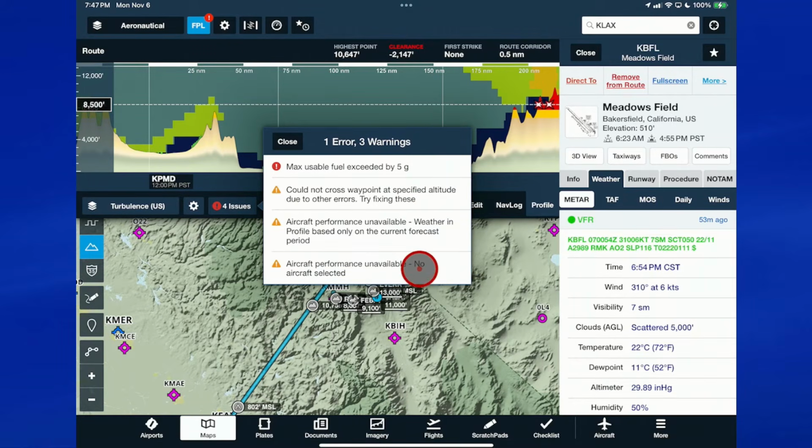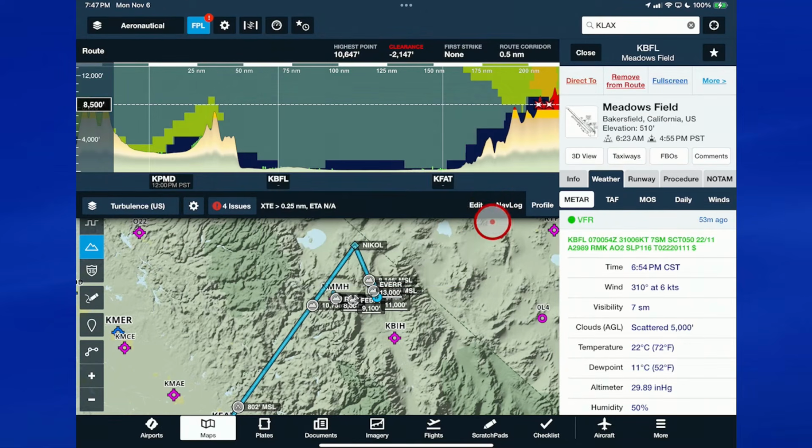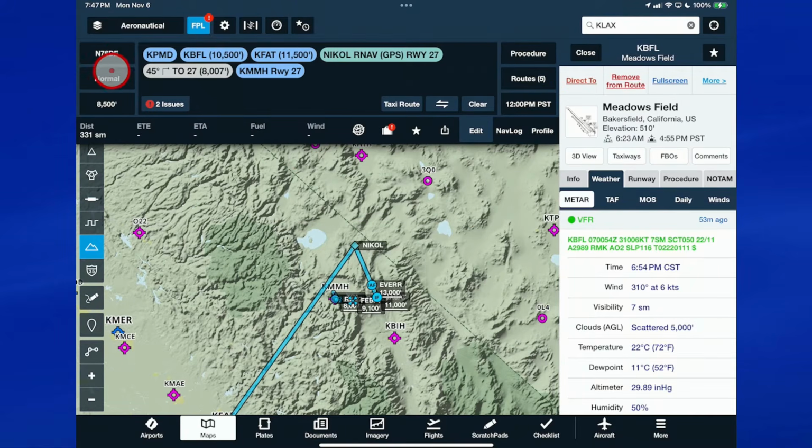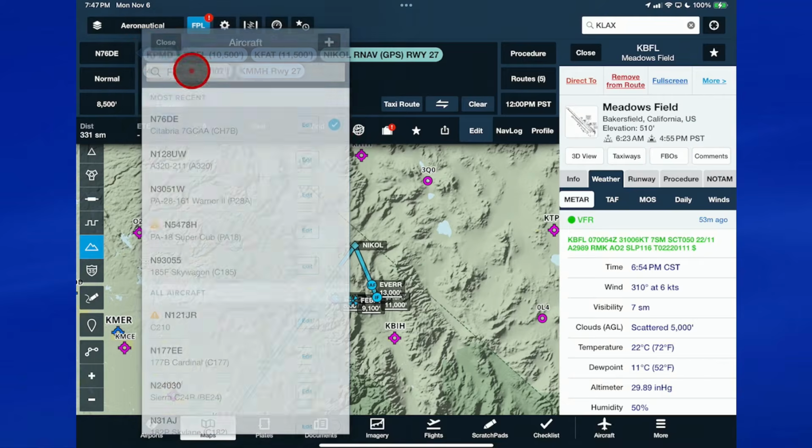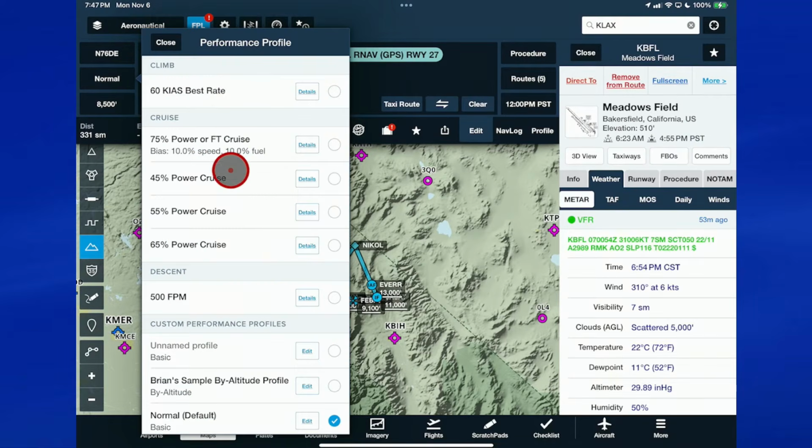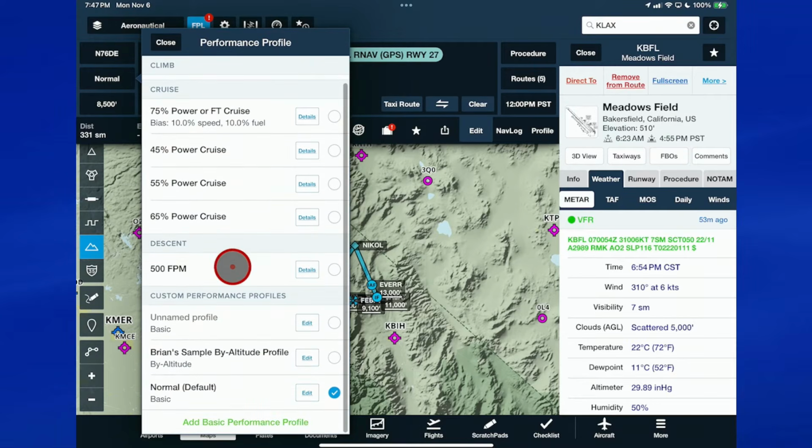No aircraft selected. I'm not quite sure. Oh, no aircraft selected. This usually will explain it. If, like I said, we go back and start this all over again, if I select the aircraft and the profile, I could do an efficient cruise or a high power cruise or my default. And you can see it's got a descent rate, climb rate, which we covered in a previous workshop. I'll just select this 65% power cruise,